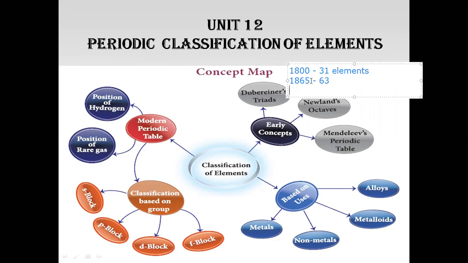Now, in 2020, that is the 21st century, 118 elements are discovered. So these 118 elements,